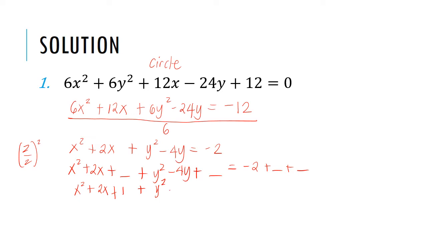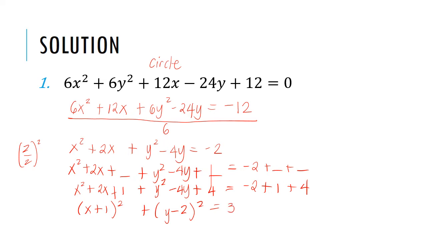Then, same is true for the y variable. So we have y squared minus 4y plus, negative 4 divided by 2 is negative 2, and negative 2 squared is positive 4. Then we add to the right side 1 plus 4, which is what we've added on the left side. And now we have already completed the square. x squared plus 2x plus 1 can be simplified to (x plus 1) squared, and y squared minus 4y plus 4 can be simplified to (y minus 2) squared, which is equal to negative 2 plus 1 plus 4, which is equal to